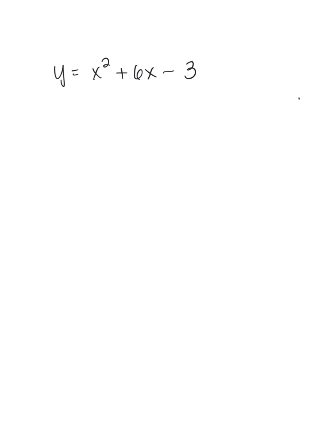In this problem, I'm going to show you how to complete the square, but it's with a parabola instead of it just being equal to 0. So it's equal to y right now. So what we're going to do is instead of adding the 3 over to the other side, we're just going to slide it over because it's going to end up being on that side anyway, since it's equal to y on the left-hand side. So the very first step, if you think about a being 1 here, b being 6,